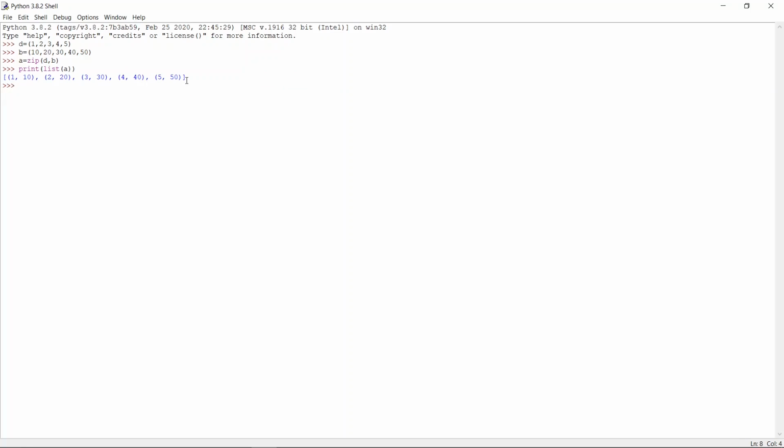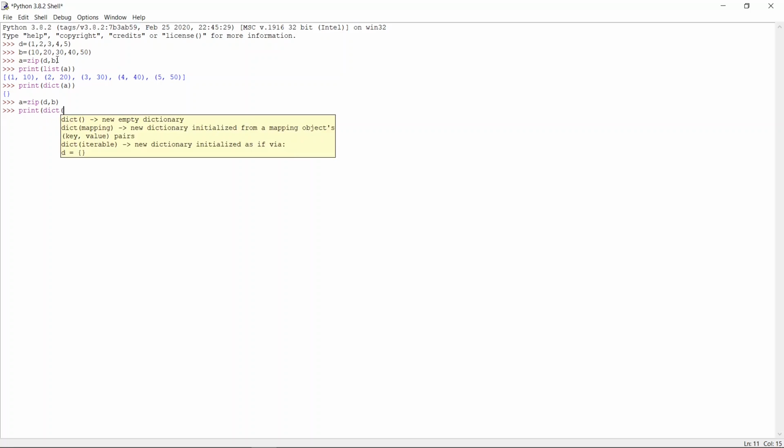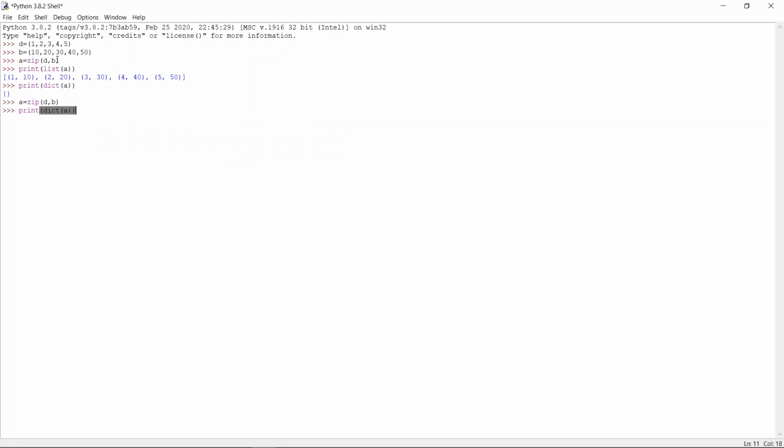So two tuples we are adding into a list. You can also convert it to a dictionary. So now you can create a dictionary. Here we got the dictionary, right? Something I got wrong here, that's fine. Okay, here I got the dictionary, and that's it.